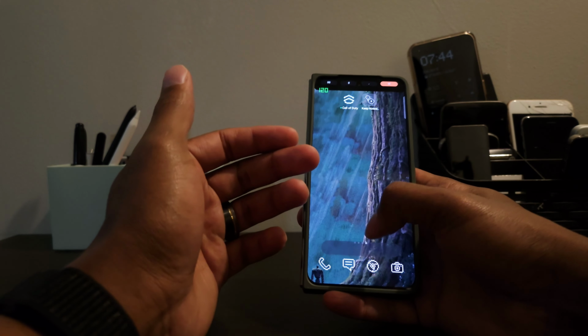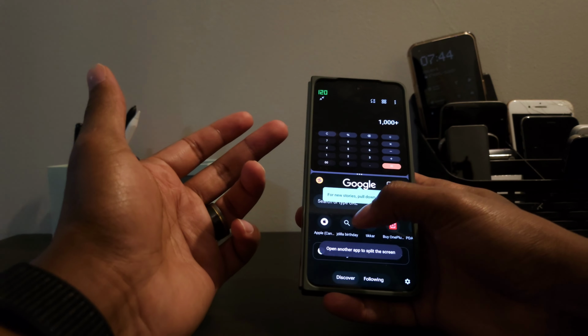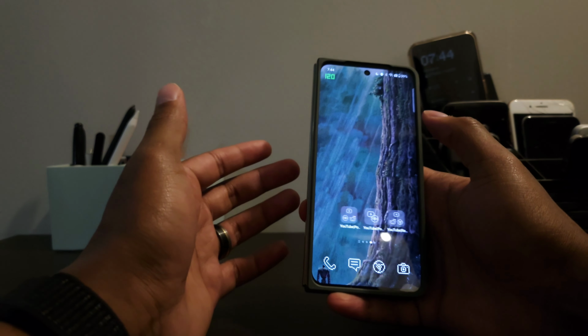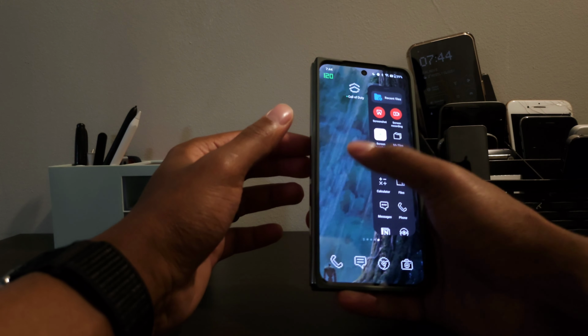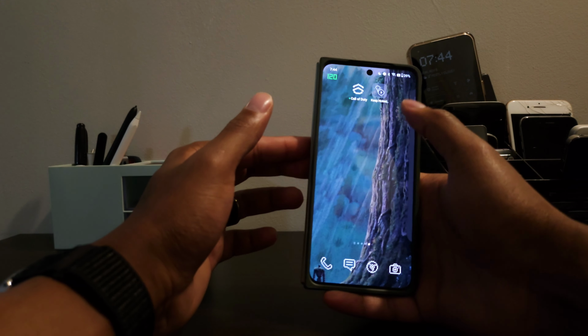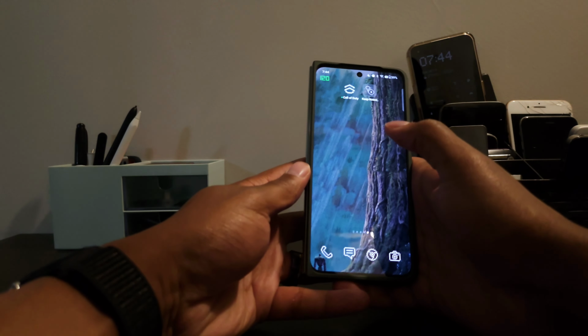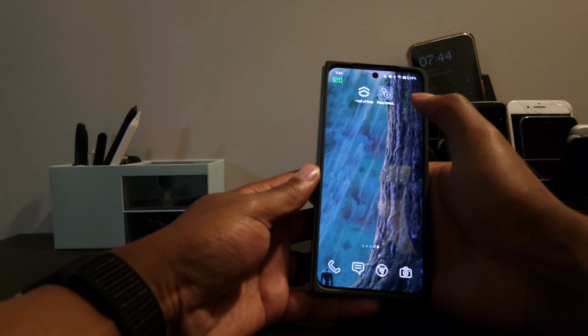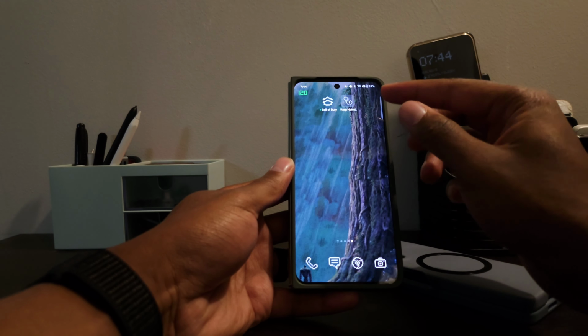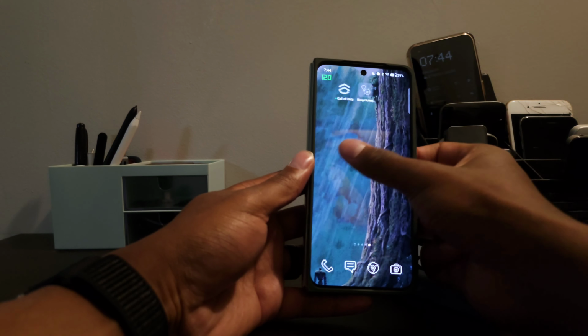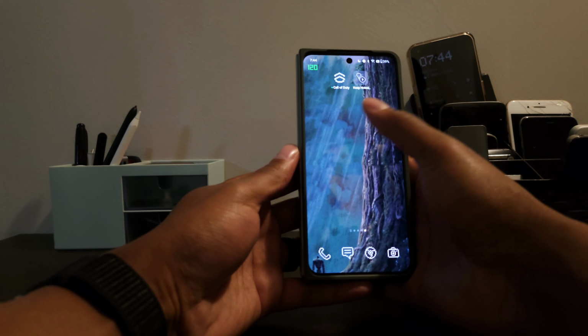So you do that, and then it will allow you to open another app the same way. So that's pretty cool. So the only thing I don't like about this edge panel versus Samsung's is that you cannot move it down. Like, it's always here at the top. So my thumb is literally cramping right now trying to do this with one hand. So that's something I don't like about this edge panel. On my Z Fold 5, I have it in the sweet spot where I know I can just grab it